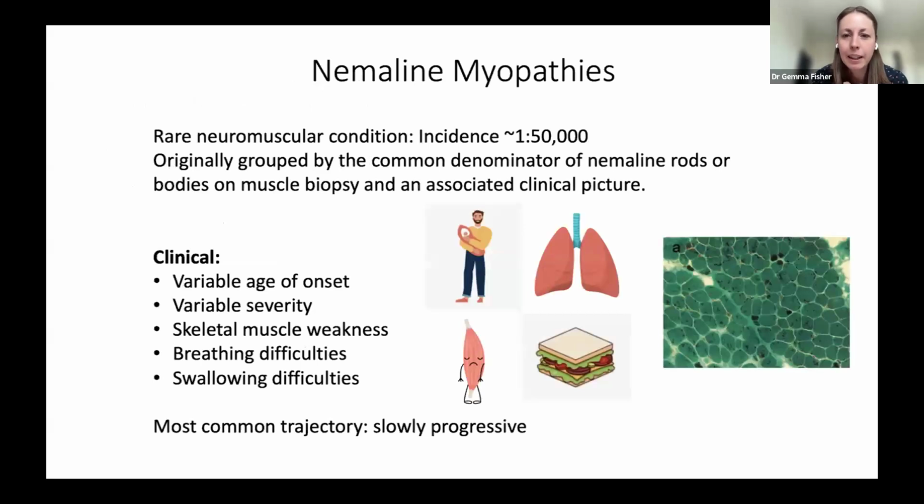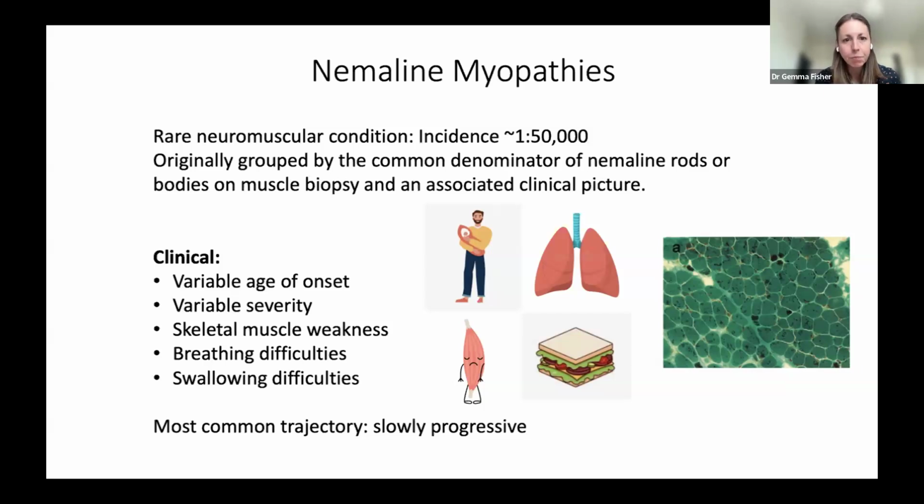So really briefly, Nemaline myopathy is a rare neuromuscular condition. They were originally identified by the presence of Nemaline rods on biopsy with an associated clinical picture, but things are changing. It's more usually a genetic and clinical diagnosis. Really variable in terms of age of onset and severity. So there's a slight caveat to all of these sentences because not everybody is affected in the same way. But generally, it involves skeletal muscle weakness, breathing difficulties and swallowing difficulties, and generally things progress slowly over time, but